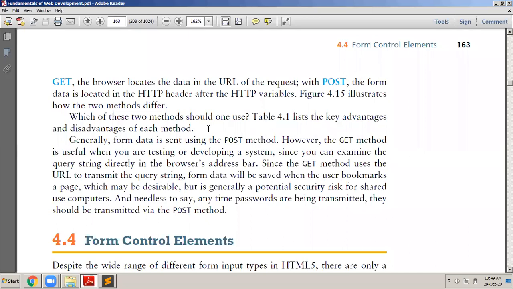When data is getting attached to the header fields, remember it is getting encrypted and all that, so it is more safe. When data goes to the server using the post method, it is more safe. And when it goes through the get method, it is not safe because the user will be able to see everything in the browser's address bar.